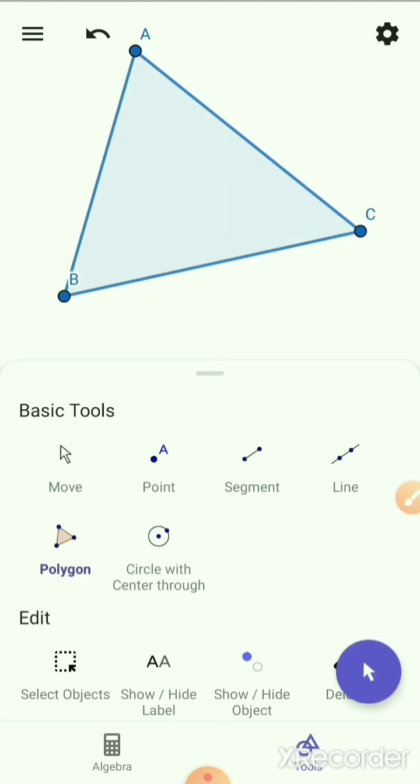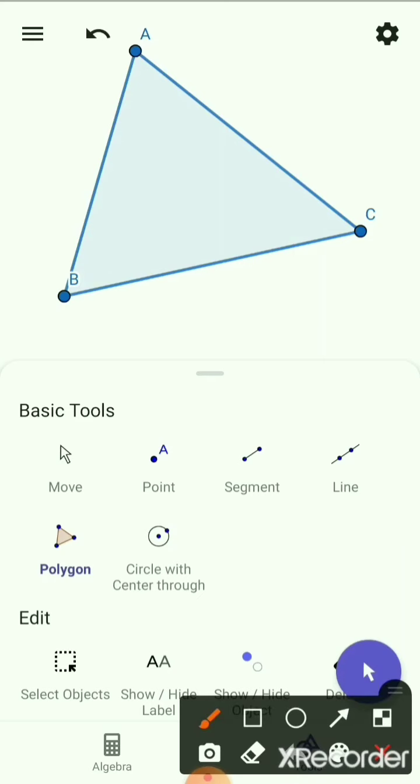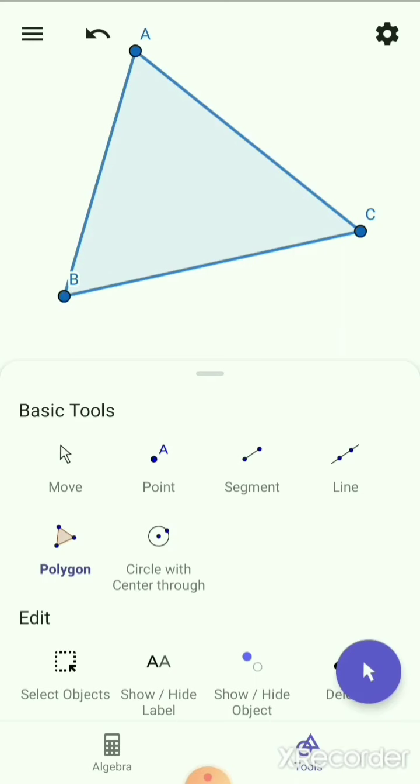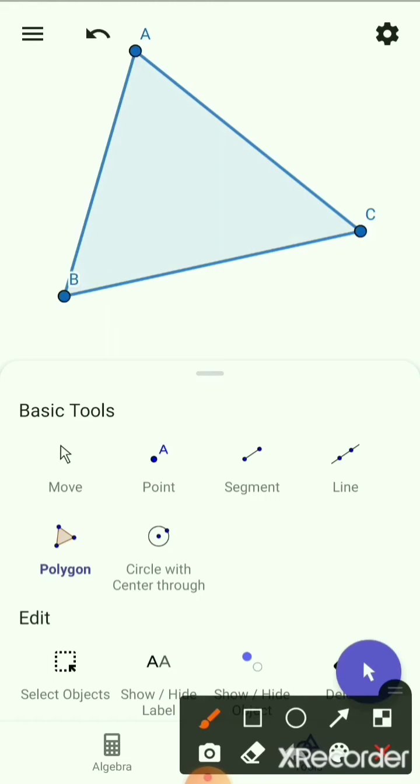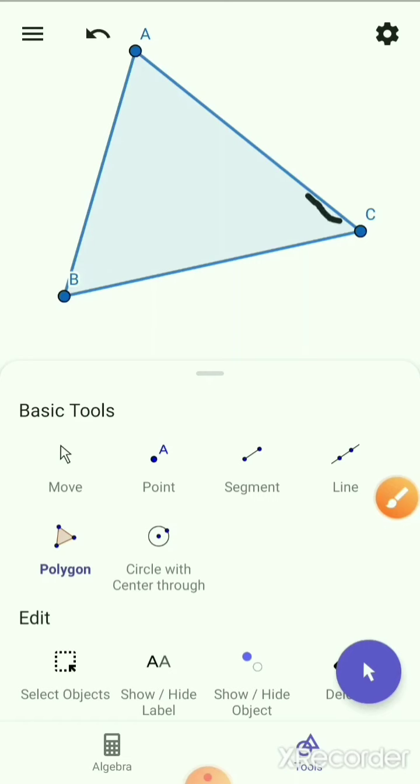Now you can see here there are three sides. Let's see which are those three sides. The first side is side AB. Next side is side BC, and next side is side CA. If we find the midpoint of these three sides and join the midpoint to the opposite vertex, then that segment would be called a median.